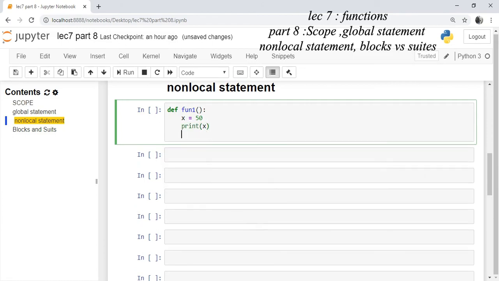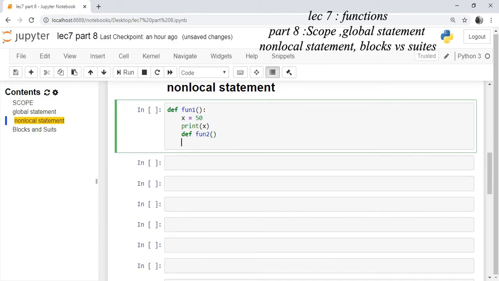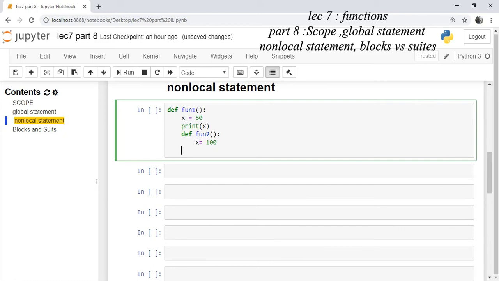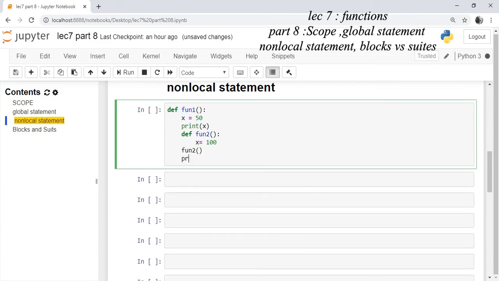Inside this function we define function 2, a function inside the outer function, the inner function. We assign the value of x as 100 and we call function 2, then print the value of x.